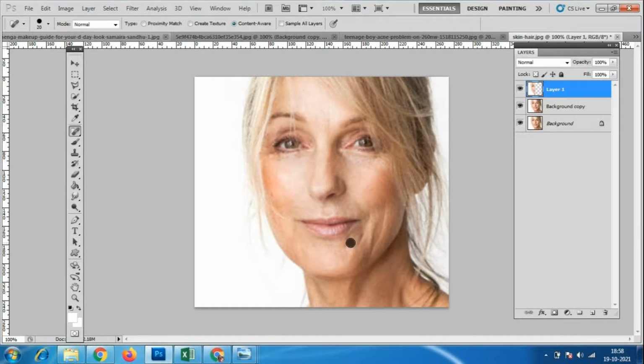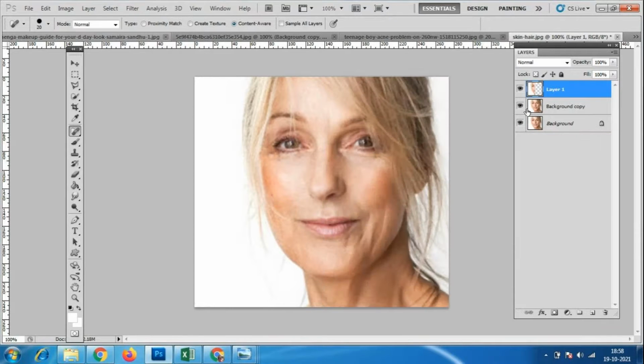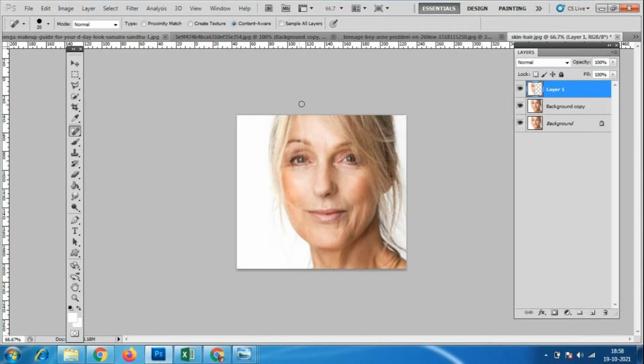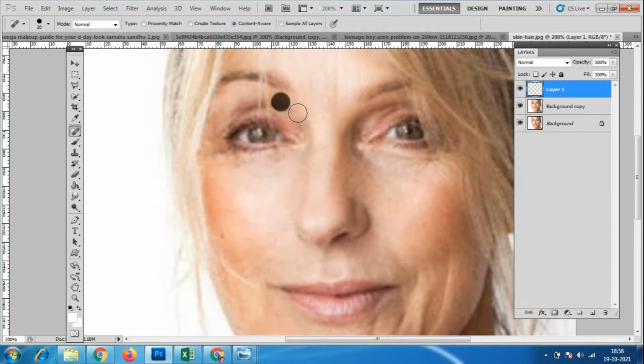If we do changes, it will not work well here because I have taken the copy of only this much. Control plus, Control minus, always keep one hand on Control plus and Control minus. Okay.